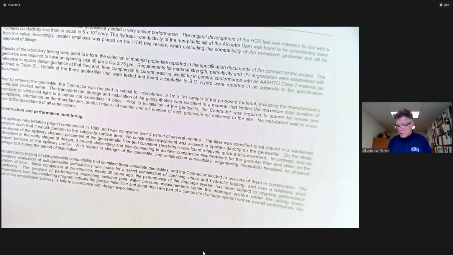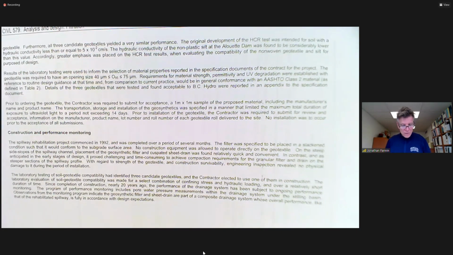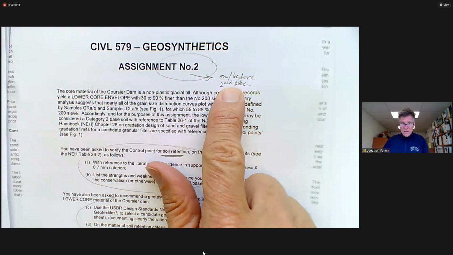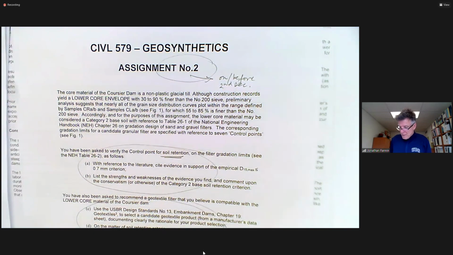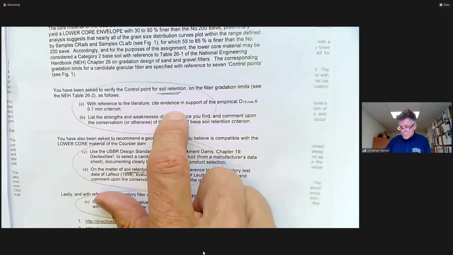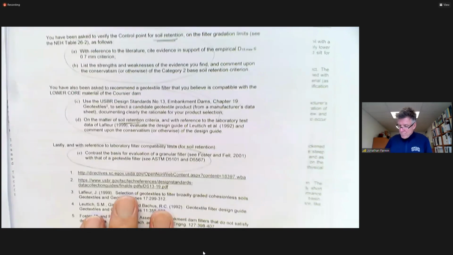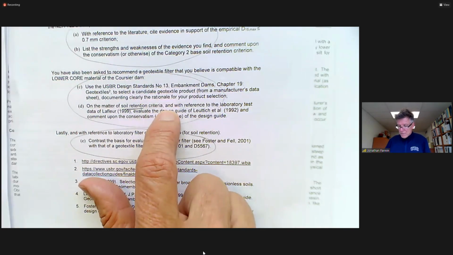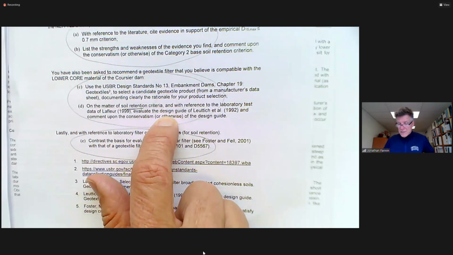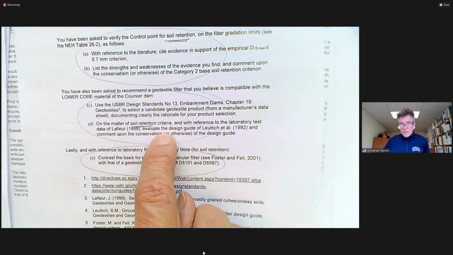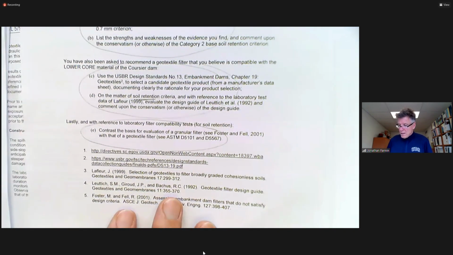It helps to know the players and the people that have produced those design guides. And thus, in closing, for your second design assignment, I'm asking you to familiarize yourself sufficiently to be confident in soil retention for granular filters. Familiarize yourself to be sufficiently confident on geotextile filter design, including the origins for the granular and the geotextile filter design, the origins of the empirical rules. And then I